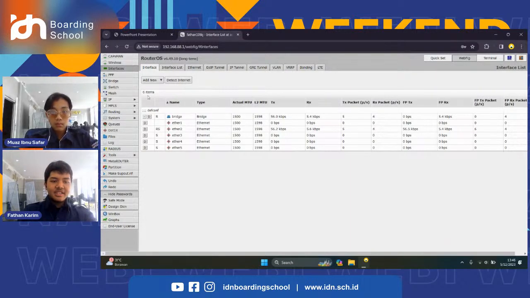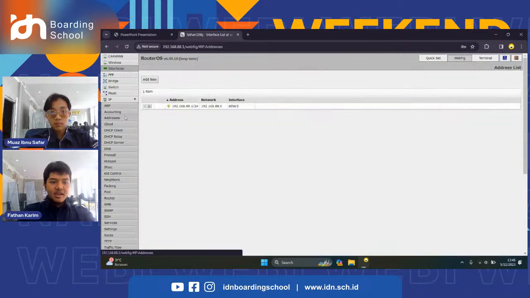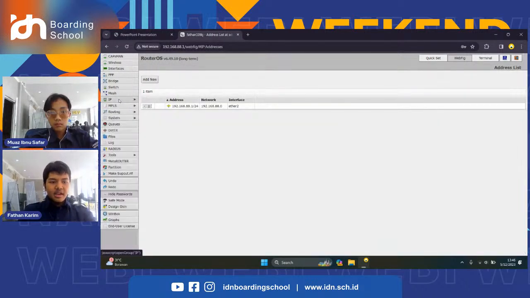For example, if you want to open IP address, the interface screen will be closed. The function is the same. You can also use a terminal from your browser, called the HTML console.